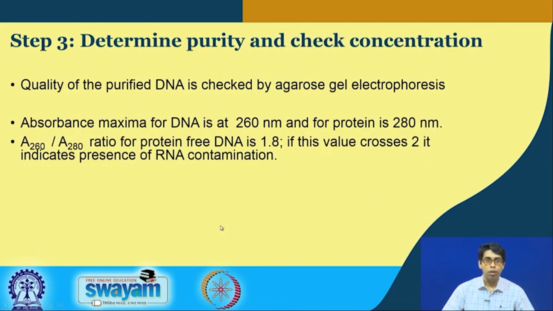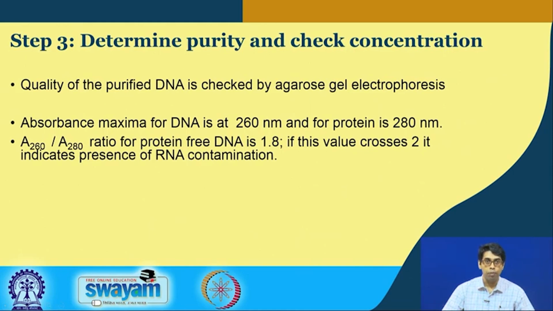So, now the DNA is in solution, we just have to do a quality check and determine the amount that we have. So, the quality of the DNA is checked by running it on an agarose gel electrophoresis. Remember that you can run DNA in both agarose or polyacrylamide gel, but since these are very big DNA molecules, we are not going to use PAGE or polyacrylamide gel electrophoresis, we are going to use agarose gel electrophoresis. And if we see a single band or very few bands that we can explain,